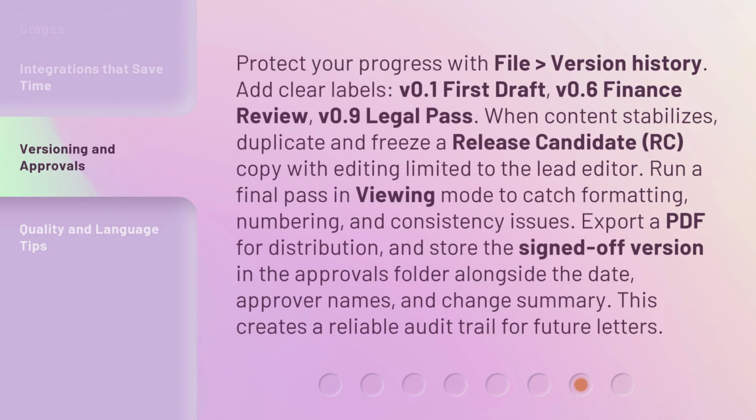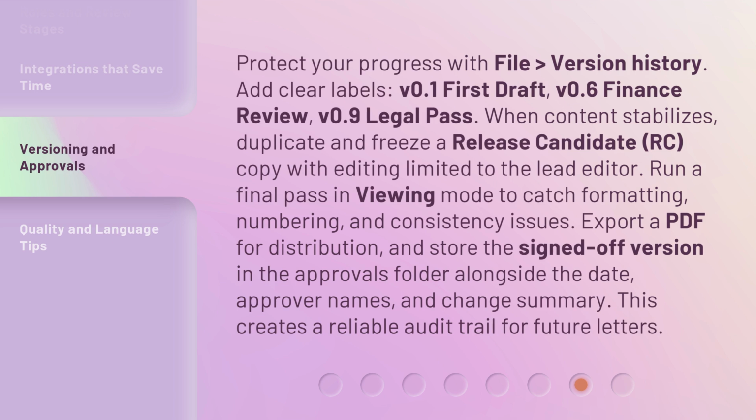Protect your progress with file version history. Add clear labels, v0.1 first draft, v0.6 finance review, v0.9 legal pass. When content stabilizes, duplicate and freeze a release candidate RC copy, with editing limited to the lead